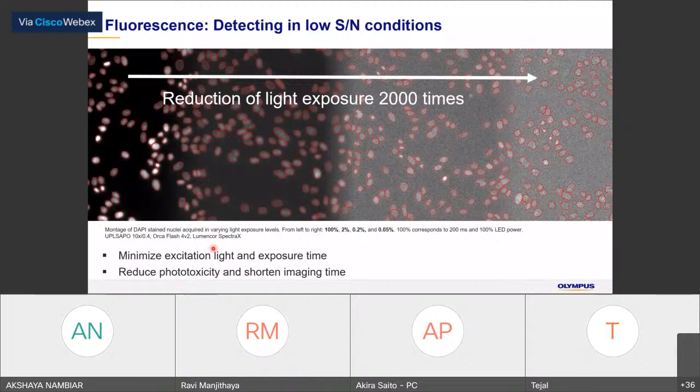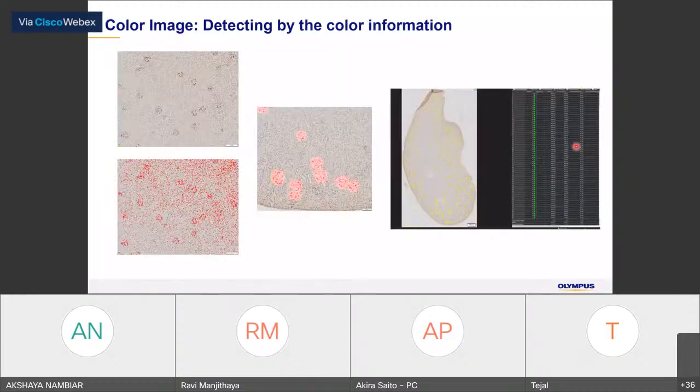So you can see that this one is very easy to identify. This one is quite difficult, but even in this condition, we can still segment the nucleus very well. And of course, this is not only for a single image. You can use it for a very big stitched image as well.